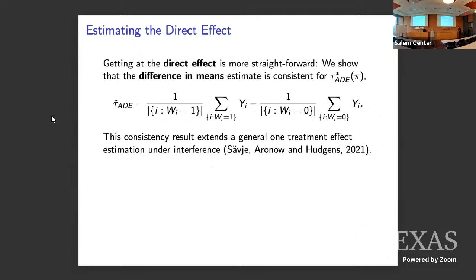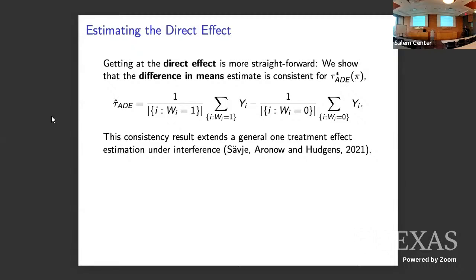All right. So first, for estimation, it turns out one thing is easy. Estimating the average direct effect is nice. Remember we talked before about this randomized trial where you forgot about interference, you naively looked at the average outcome for treated people and the average outcome for controls, and you looked at the difference. We talked about how this is not going to be the average treatment effect under interference, and this seemed concerning, but it turns out we land on our feet. This is still something interesting. It's the average direct effect, as you know. The fact that this thing is consistent with the average direct effect is something you should expect if you stared at this literature for a while.